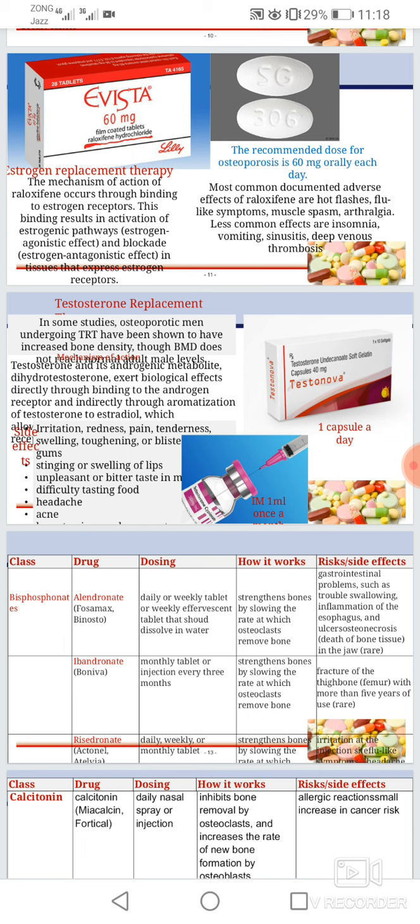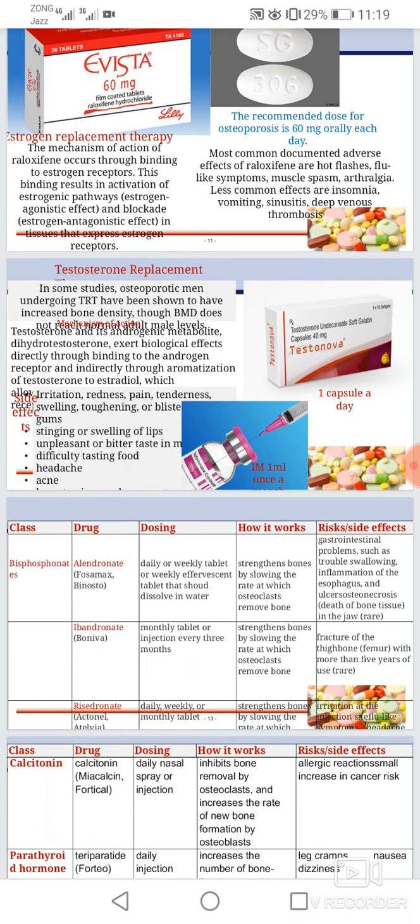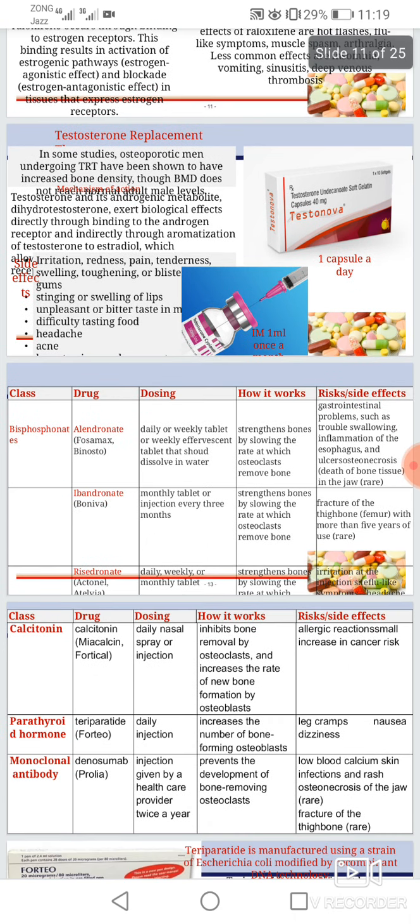several side effects, which are irritation, redness, pain, tenderness, swelling, toughening, or bleached gum. There are some other side effects of this therapy, which are stinging or swelling of lips, unpleasant or bitter taste in the mouth, difficulty tasting food, headache, acne. So, in testosterone replacement therapy, we have the medication testosterone, which is given as a capsule a day by the physician, depending upon the condition. And we also have the injection in this category, which is given 1 ml once a